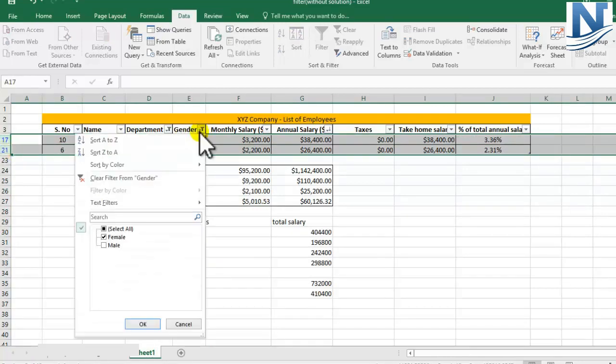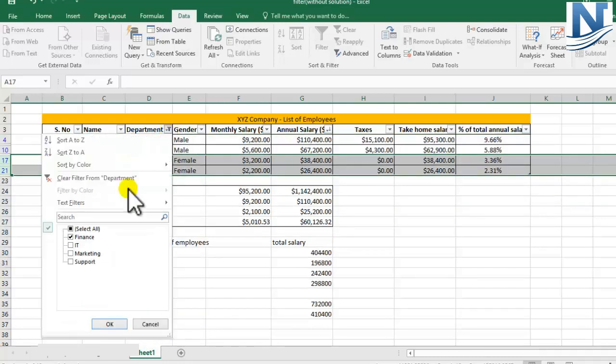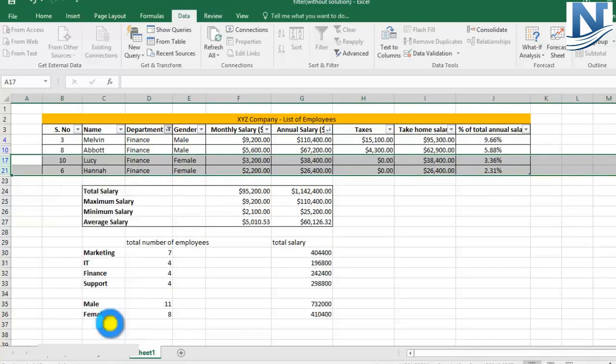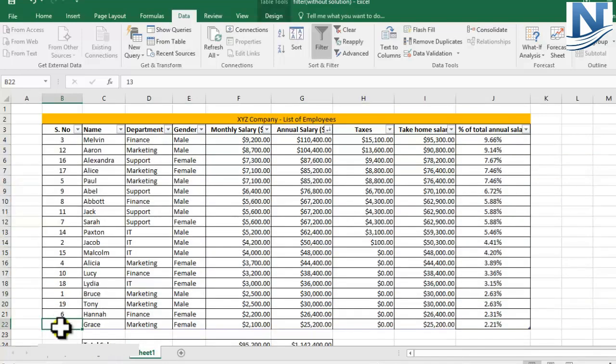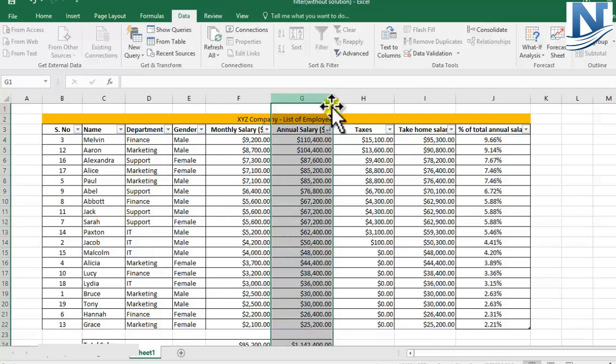If you want to make everything normal, keep on selecting everything. Wherever you have applied option for the filter, you just keep on selecting everything, and your data for all the 19 employees will be now visible. Actually, when it comes to filter function, there is a specific advanced thing also which you can do with respect to this. Now let's come to annual salary.